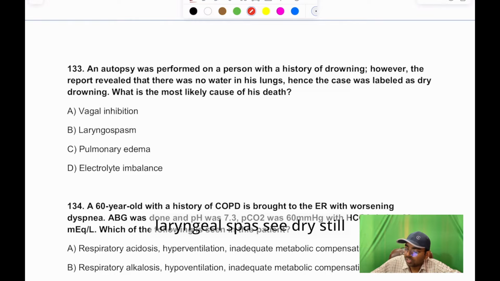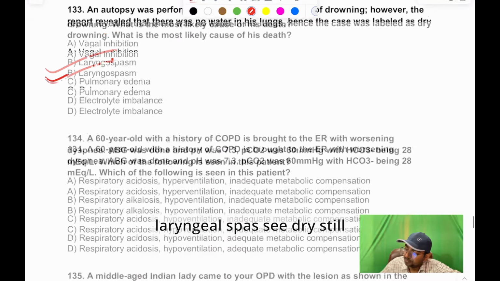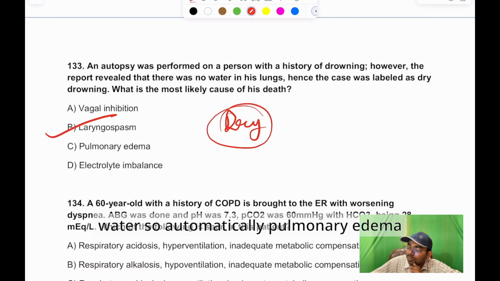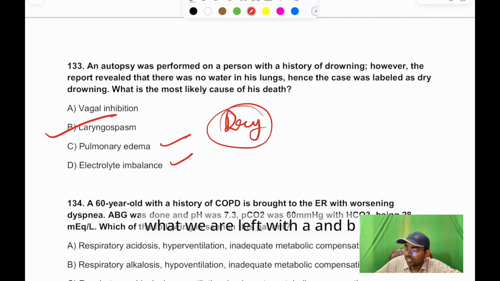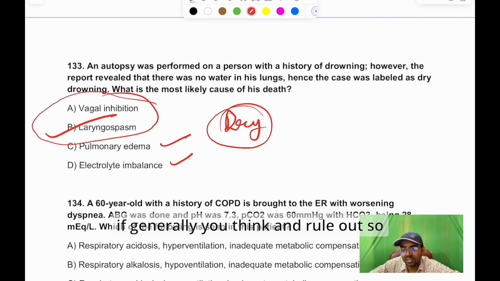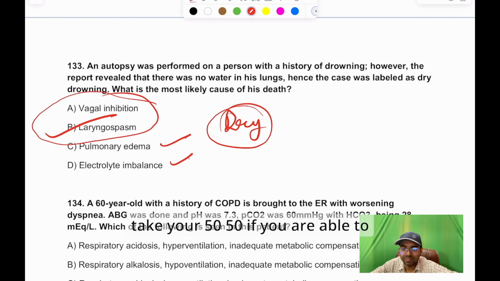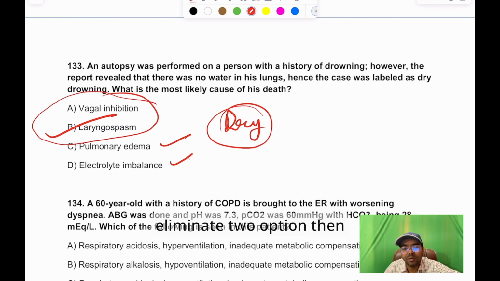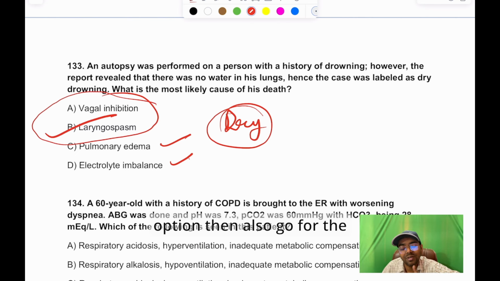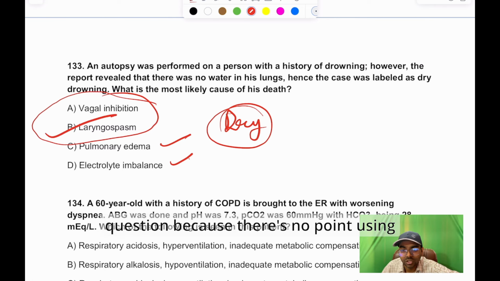Again, this is dry drowning. Dry drowning is due to laryngospasm. See, dry itself speaks that there cannot be water, so automatically pulmonary edema and electrolyte go out. What we are left with is A and B, if you genuinely think and rule out. So take your 50-50. If you are able to eliminate two options, then go for the question, and even if you are able to eliminate one option, then also go for the question, because